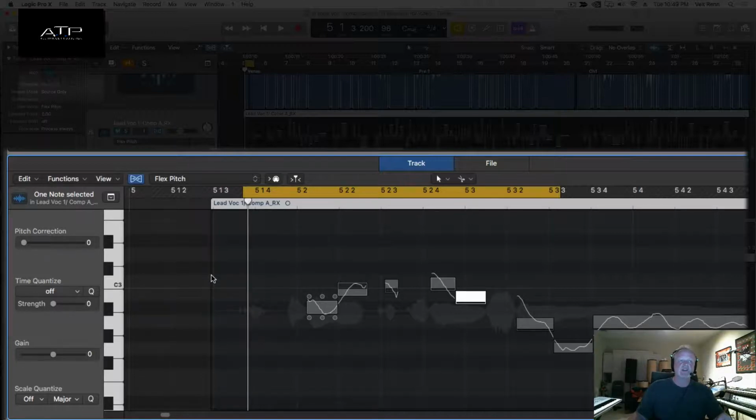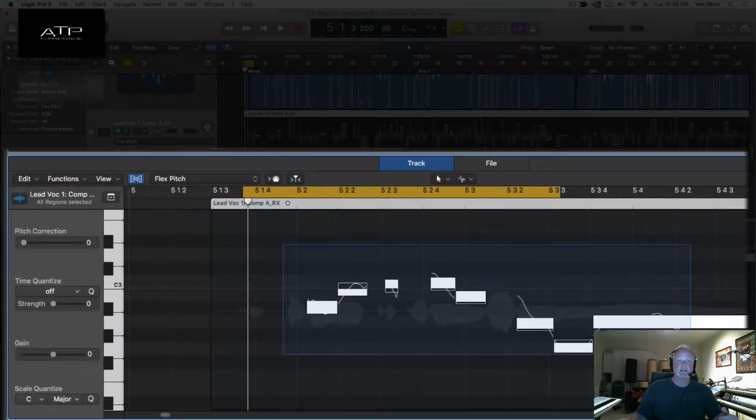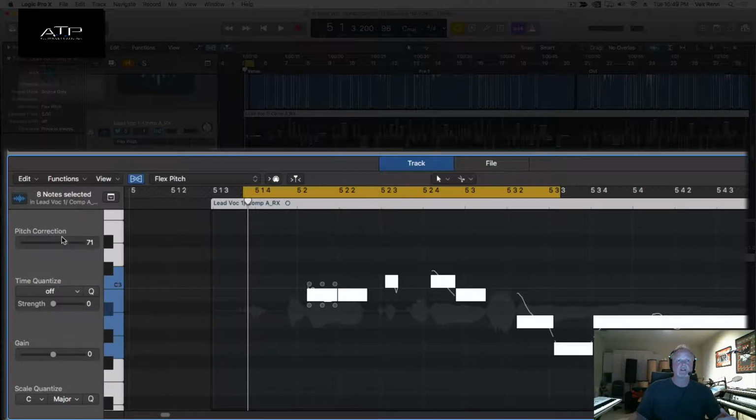Now, one function you can't forget is if you do know the key of your song, and I've got to remember right now what this is in, but I actually think it is in A minor, which is C major, same thing. Then I can actually go ahead and select notes and pitch correct them. You see it automatically pulls them up. I would probably not go very high if I do autocorrect, because I still want to do it by hand,